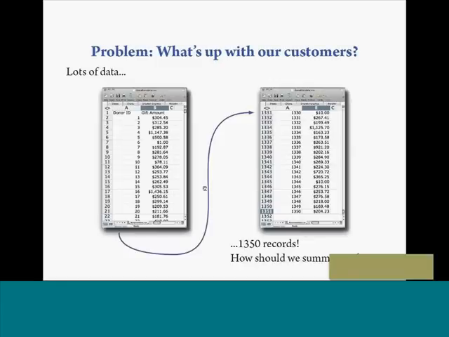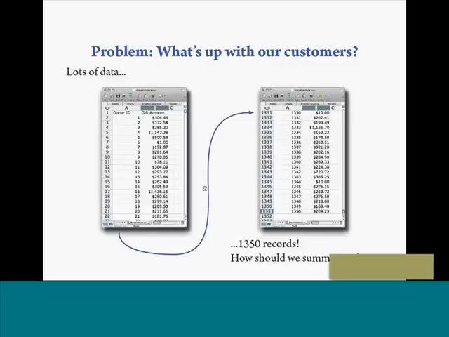Here's what the data might look like. I'm sure you've all seen spreadsheets like this. This is a set of data that I just worked up that lists last year's donors and gift amounts. There are 1,350 records in this database, so it's not a set of data that you can just look at and suddenly grasp what is going on in it.